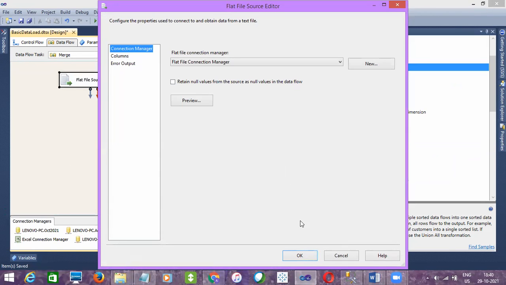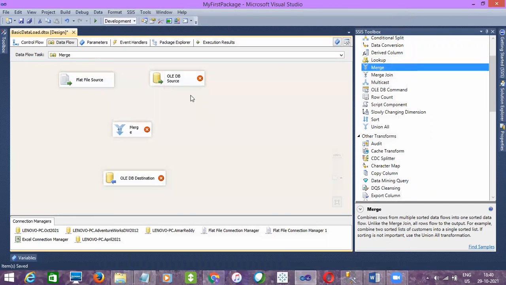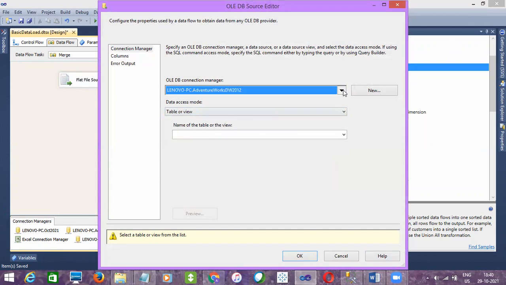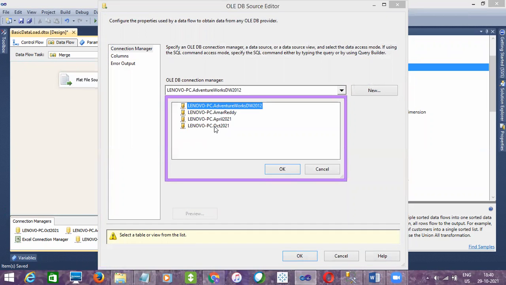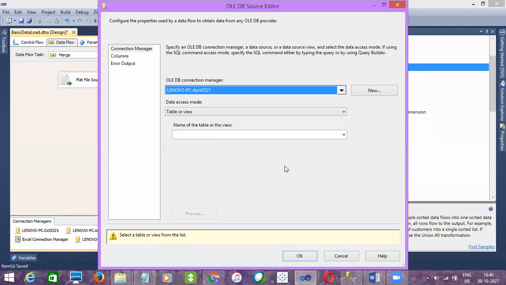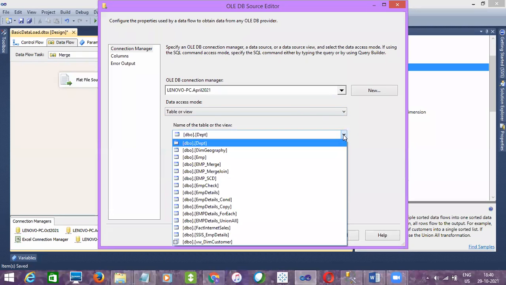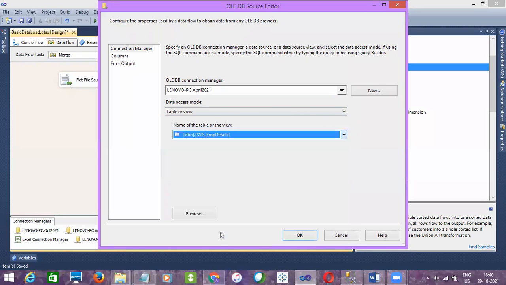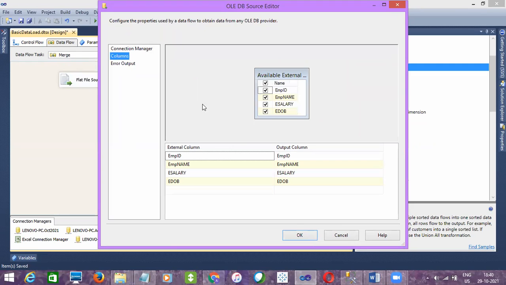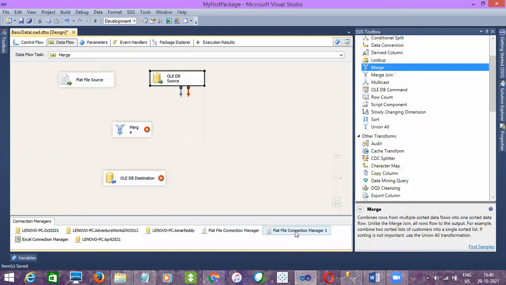Click OK. This will be repetitive, so I'll use existing ones. My other source is the April 2021 database, and the table name is SSIS underscore EMP details. Click on columns. Now I have configured my two sources.